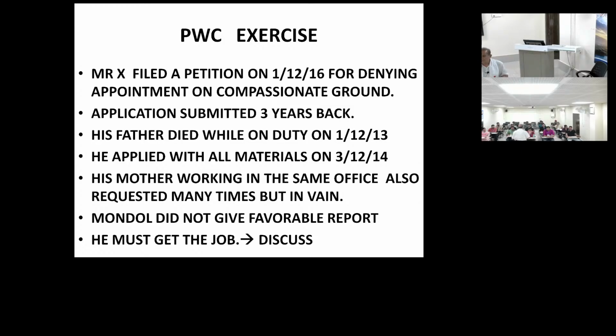But normally we don't write the speaking order. Even we do not know what is the speaking order. So, who has the power now? You. But you don't exercise. You are writing in the speaking order that to honor the order of the Honorable High Court. What the Honorable High Court said? He will have to submit it within a period of 1 year. How long he took? More than that. So to honor the order of the Honorable High Court,